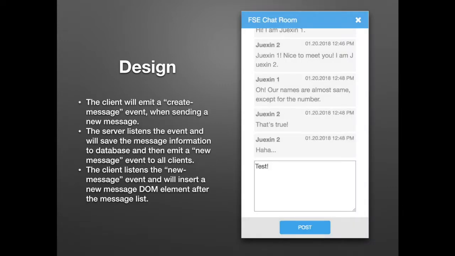When you need to send a message, the client will emit a create message event. The server listens to this event, saves the message information to the database, and then emits a new message event to all clients. The client listens to this new message event and will insert a new message DOM element after